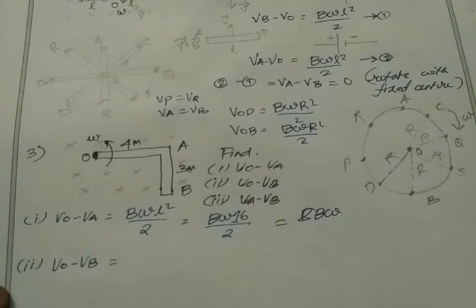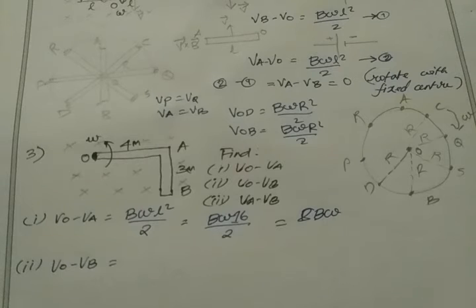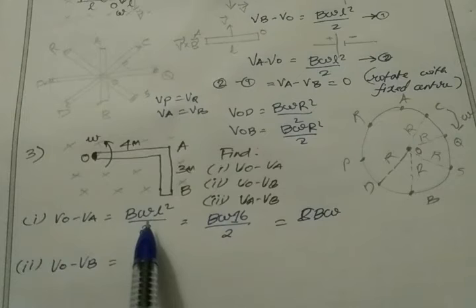Pause the video. Try yourself. What will be VO minus VB? How to find the distance? So always remember, L in the formula is displacement length. Okay, vector length, which we already studied in force due to current carrying conductor. Right? What's the formula? F equal to BI cross L. Correct? So F equal to BIL. In that, L means vector length or displacement length.